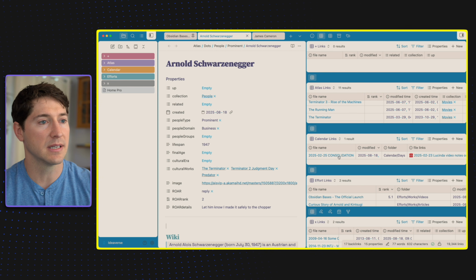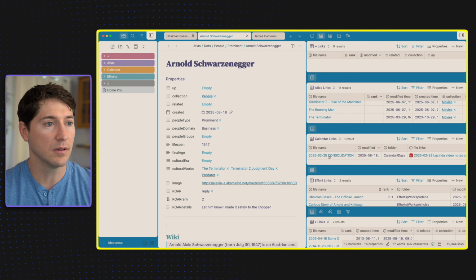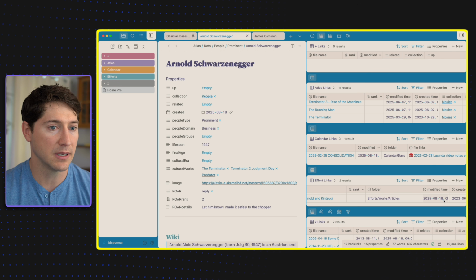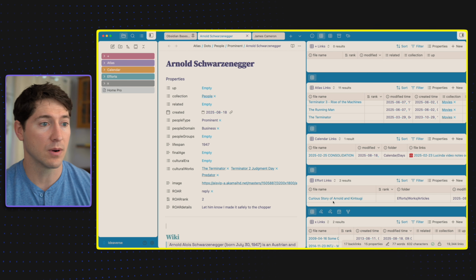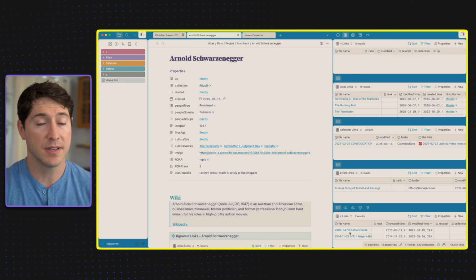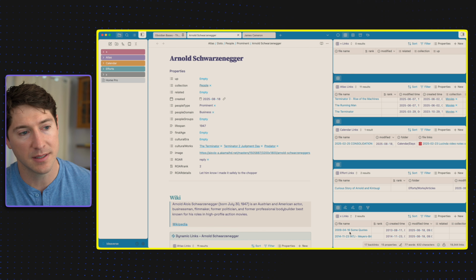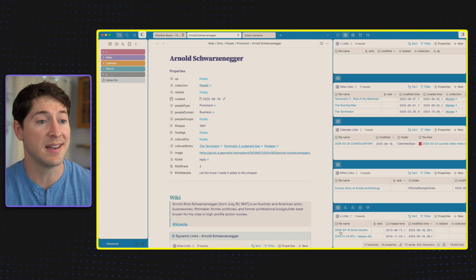But what's interesting is I mentioned Arnold Schwarzenegger in a calendar note earlier this year. What's more interesting is Arnold was mentioned in a story that I wrote in 2023, The Curious Story of Arnold and Kintsugi. And what's more, if I keep going and I look at the extras folder, this is where I had my old vault of like 4,000 notes from the old Evernote days. You can see timestamp notes from some quotes from 2009